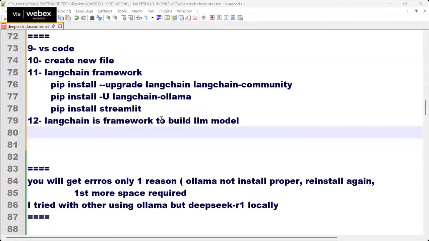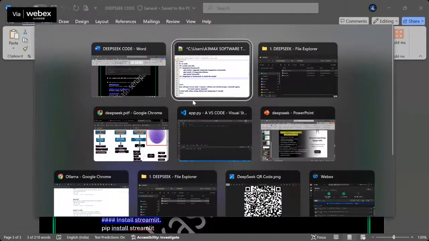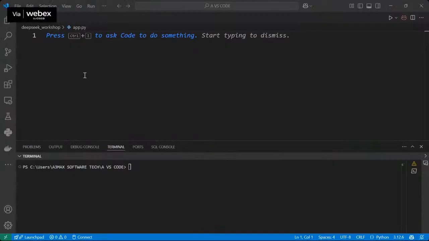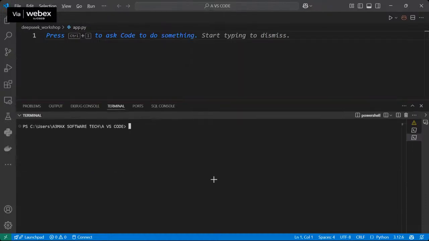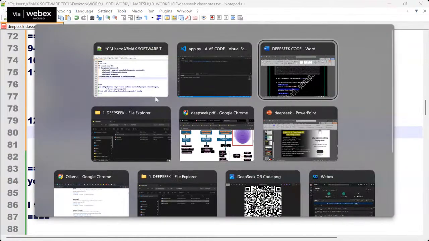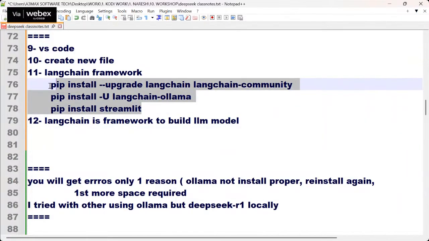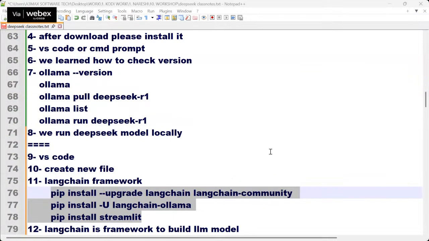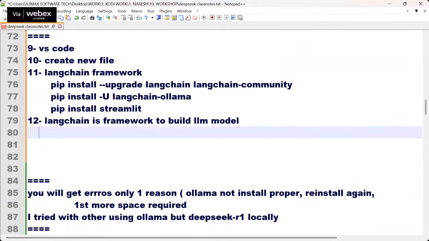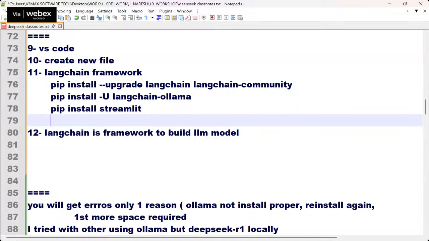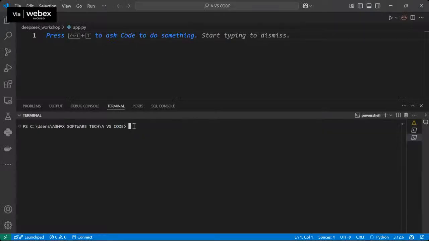So how to install: go to VS Code, then go to terminal, new terminal. I will share 3 links with you now. Just 1 second, let me copy. Be clear. How do you install? Go to the terminal. What is the first one?